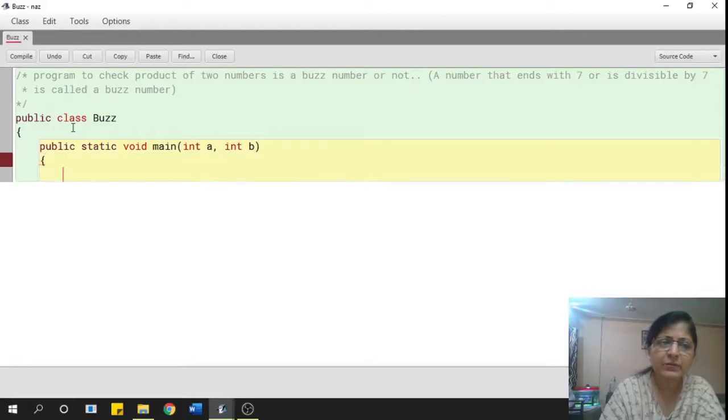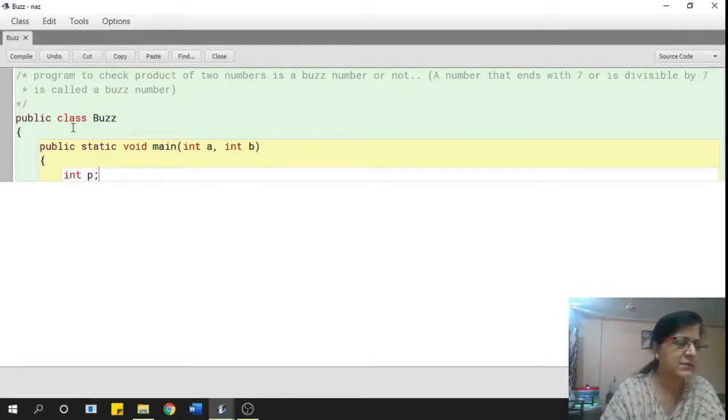Now I'm going to use a third variable to store the product, so I'm going to say int P. This is all we'll need.